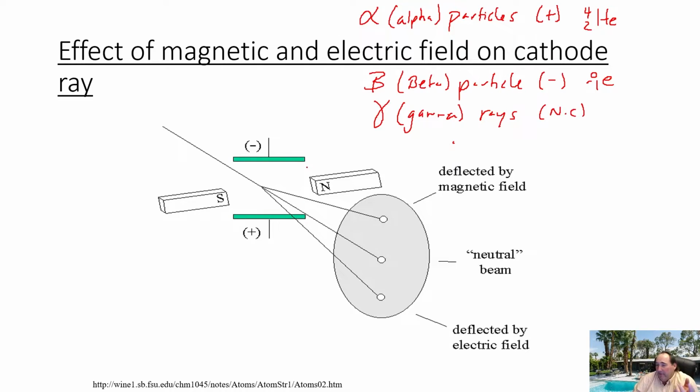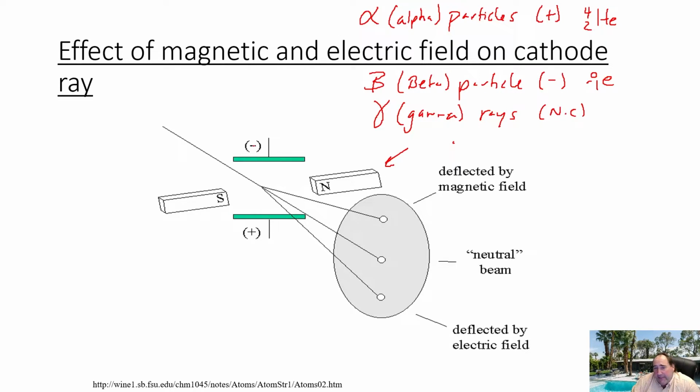So these three particles, along with some other ones that have charges or maybe even don't have charges, are very helpful when you're doing experiments, for example, with electrical fields, which have a positive side and a negative side, or even a magnetic field, which has a north pole and south pole, which works very similarly as well.